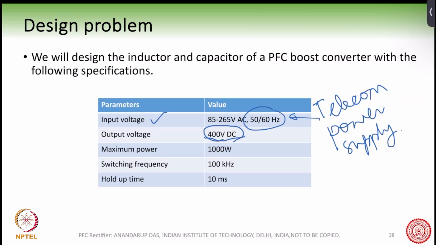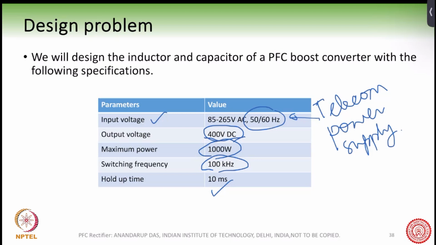Now here we are designing for 1,000 watt. The switching frequency which we are taking is 100 kilohertz, and there is also something called hold up time, 10 milliseconds of hold up time. What does this mean? In many cases, there is one requirement of power supplies, which is that if the grid fails for